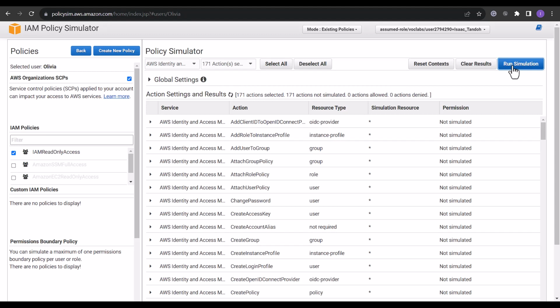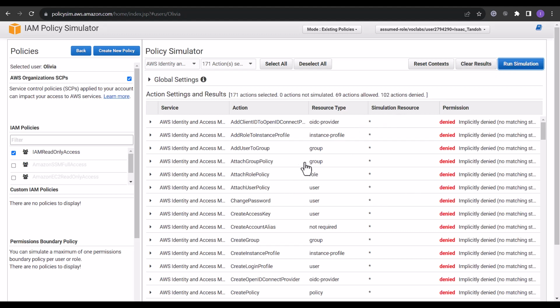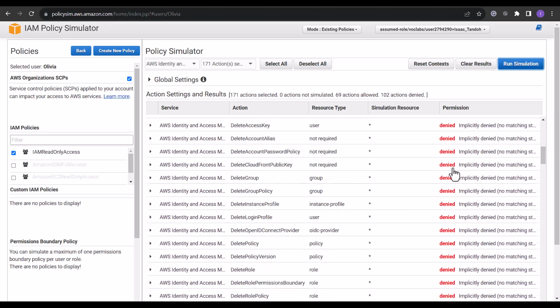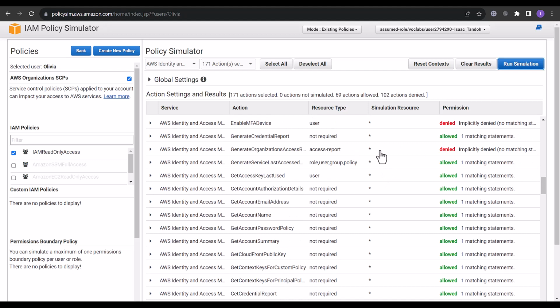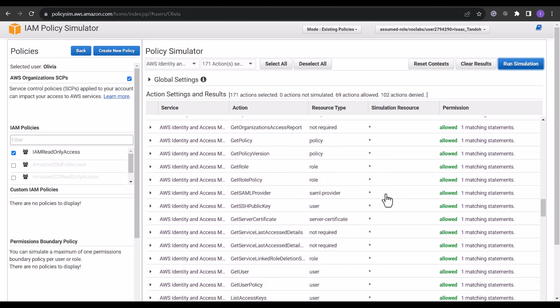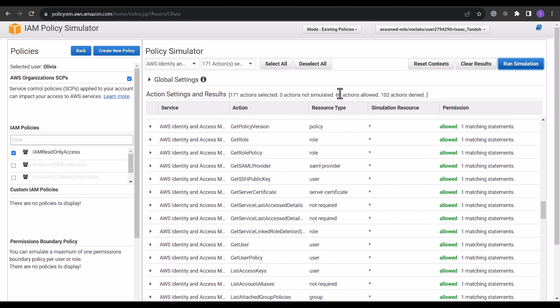The simulation will be run against all the actions that I've selected, and the total is 171. From the simulation result you can see a lot of denies there, but if I scroll down I should see some of the allowed actions. The total actions allowed is 69, and the total actions denied is 102, making a total of 171 actions. But 69 read-only actions must be too much for our user Olivia, so there is a need to refine this policy and grant her the least but necessary read-only permissions that she can have as a DB administrator